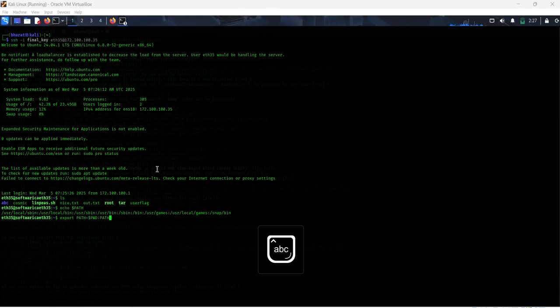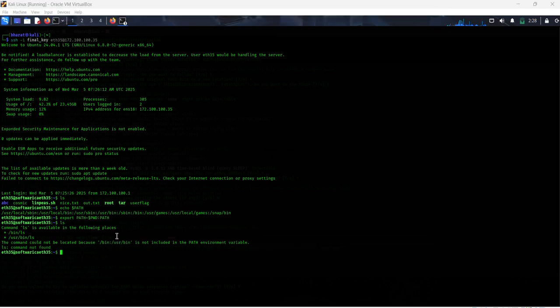Now let's go inside this using the command and see what is inside. After doing that, let's again do echo path. Here we just get that we are not in the location where we want to be. Let's check what is